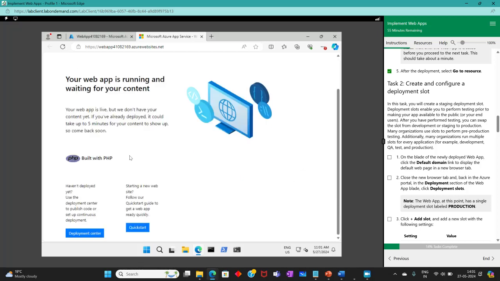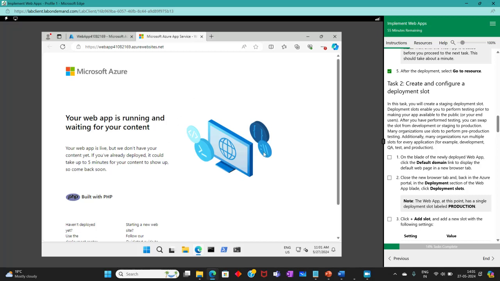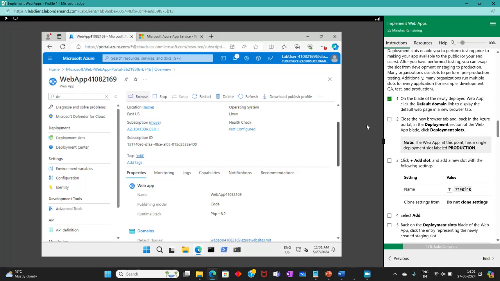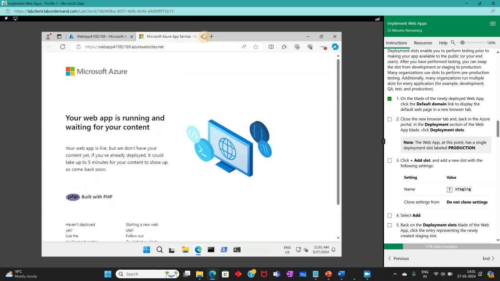So this is the app, this is the web app page. This is done. Close the new browser tab. And back in the Azure portal,